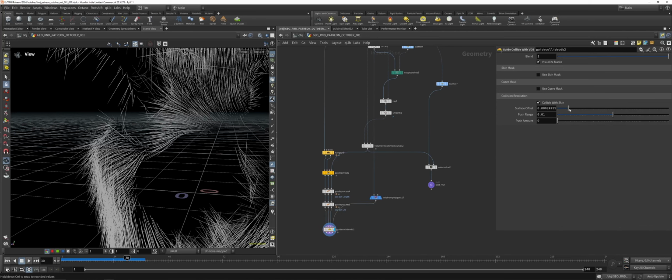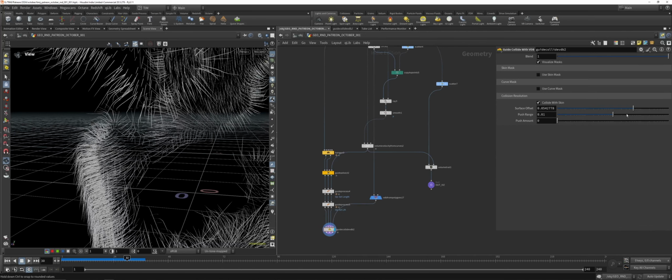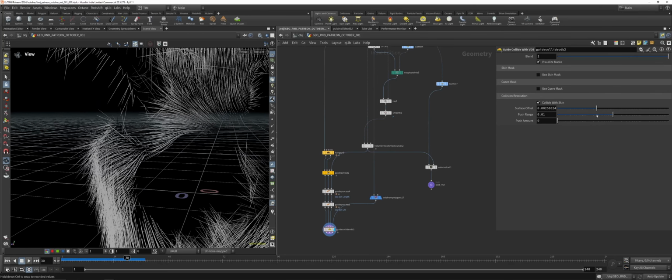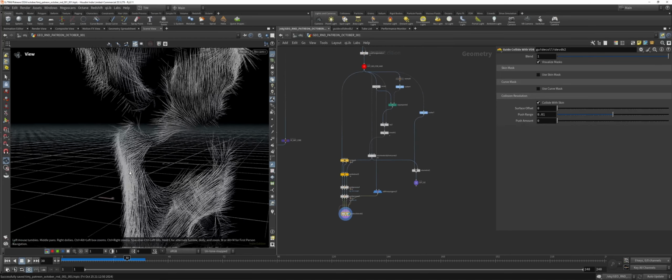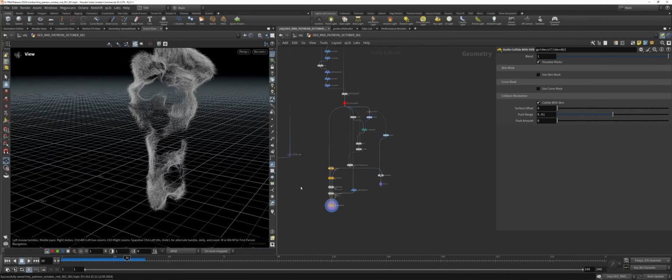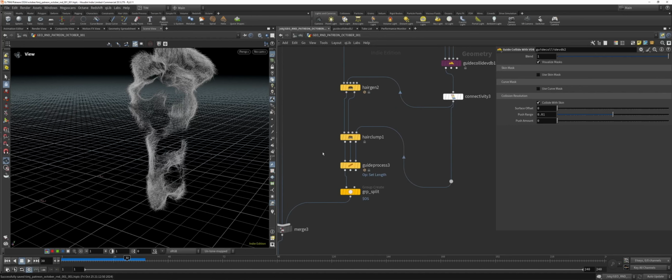And what you can do, you can even offset the whole thing a little bit. That's also sometimes pretty helpful. So yeah, just use the sliders here a little bit, play around and see what will work for you. But I think that's already on a good way to go. So after that,